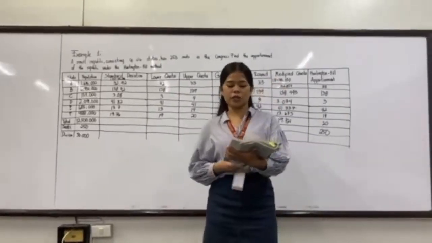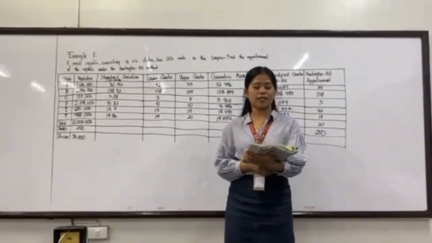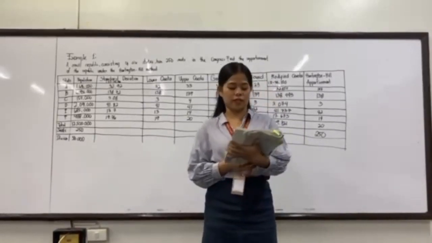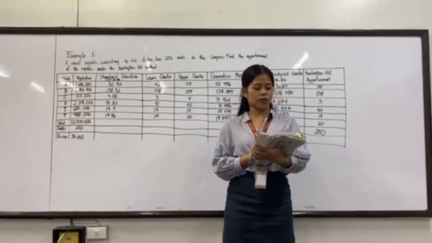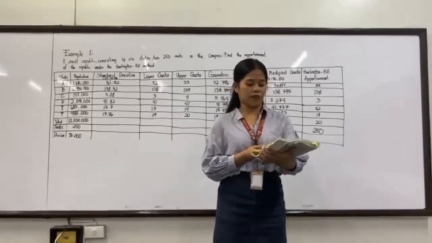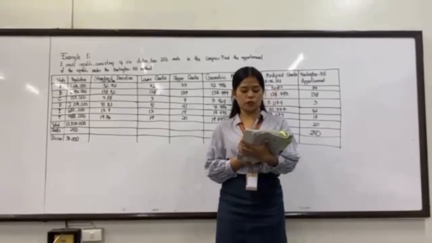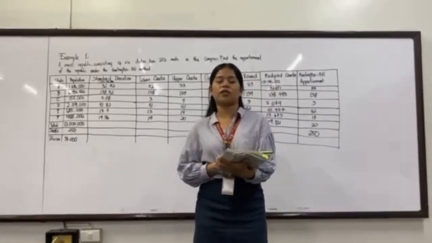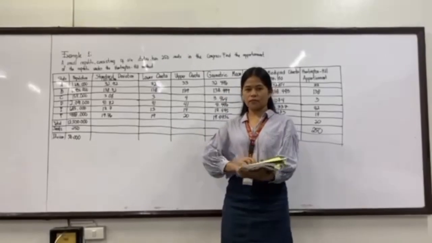However, if the total of step 4 is less, then you will reduce the divisor. That divisor is called the modified or adjusted divisor. So in order for you to understand this method, I will give you an example.